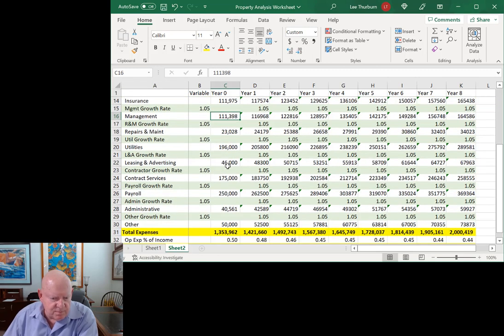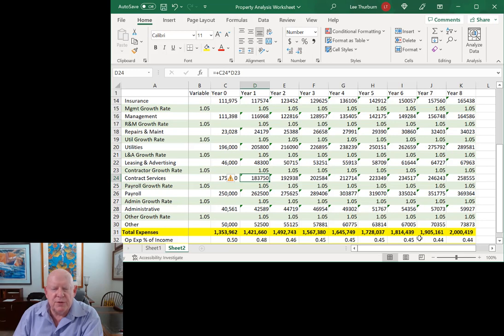I'm going to come down to our contract services, and I'm just going to say that from an analysis perspective, again, remember, you've been provided with the financial statements and all the supporting documentation by the previous owner for the previous years, at least 3 or 4 years. So I'm going to presume that we've come up with a decision that